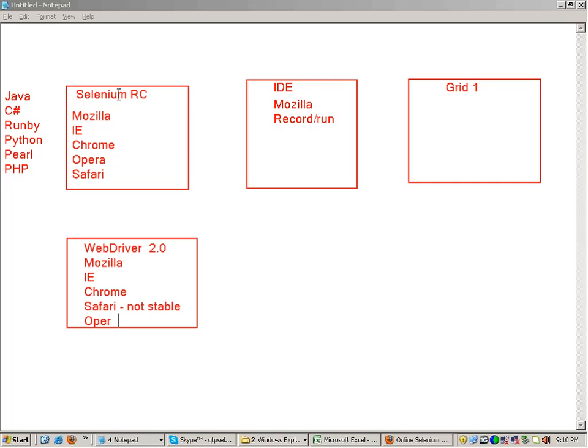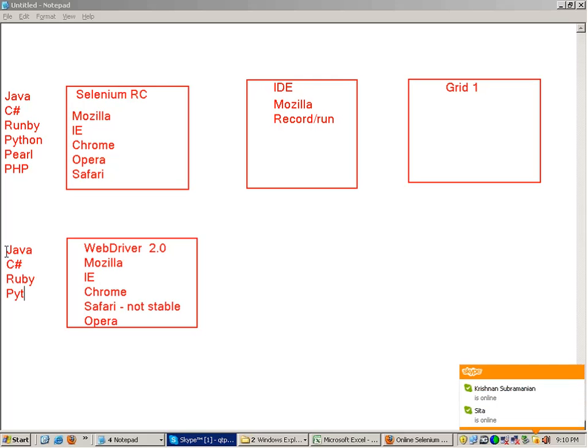Opera is also there, but it's not that WebDriver guys have not supported Opera; it's the Opera guys who have given the implementation of Opera Driver. Similarly, you can work with it using languages, majorly Java, C Sharp, Ruby, Python. PHP is not there with WebDriver.